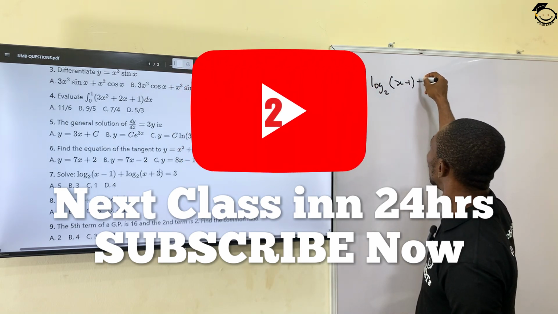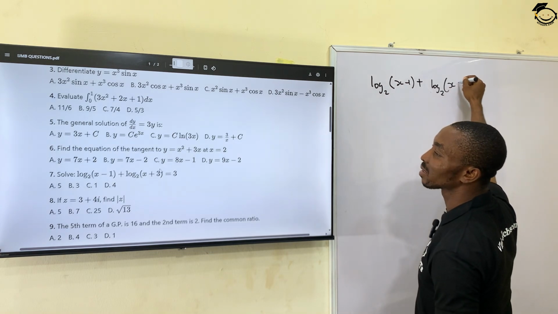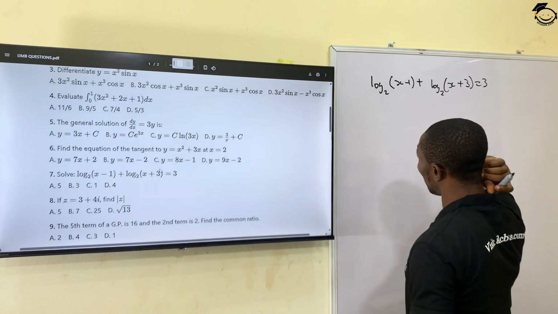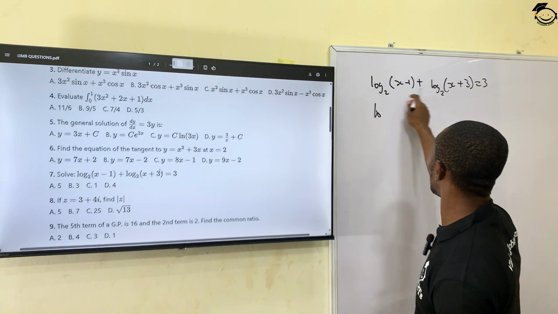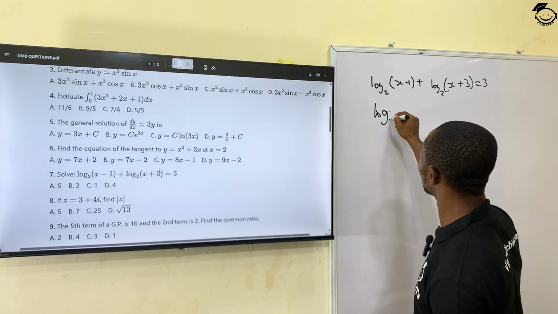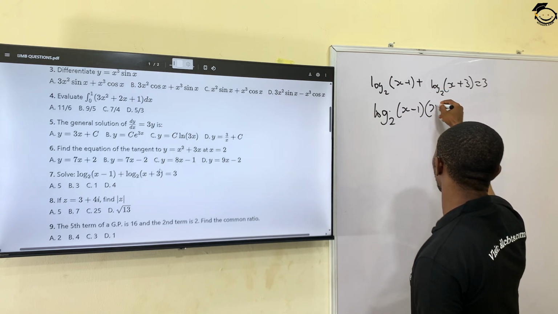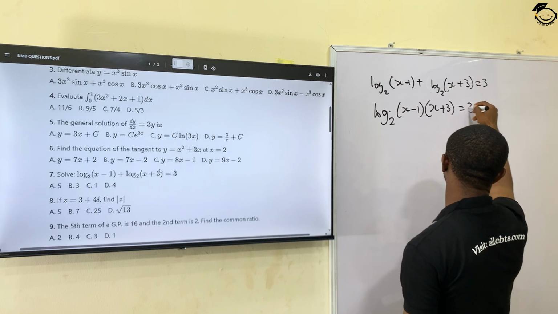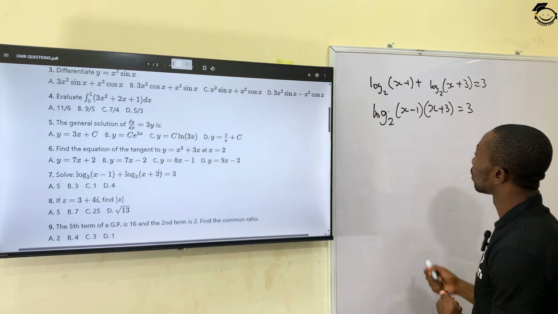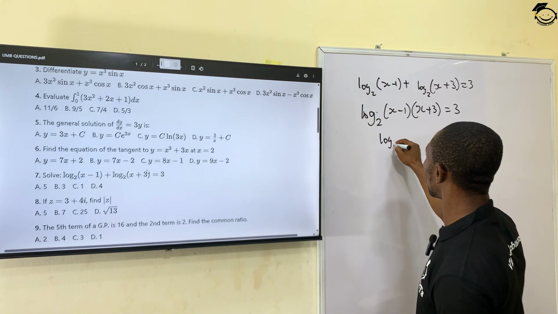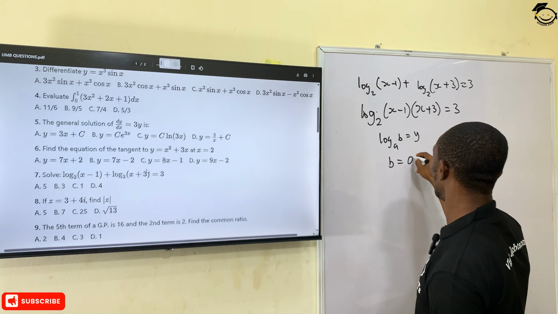Our next question says solve log 2x minus 1 plus log 2x plus 3 equals 3. Now in solving this, we are going to apply our laws of logarithm since they are of the same base. Log 2, x minus 1, changing addition to multiplication, times x plus 3 equals 3. Now, in order to eliminate our log, we apply our formula that says if we have log base a of b equals y,